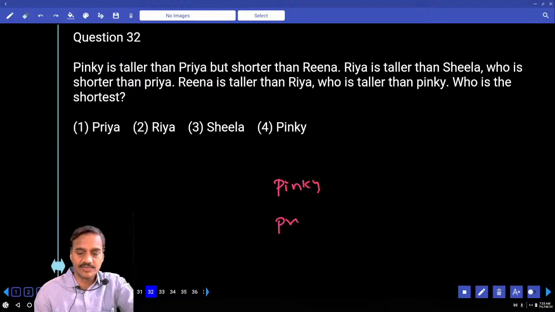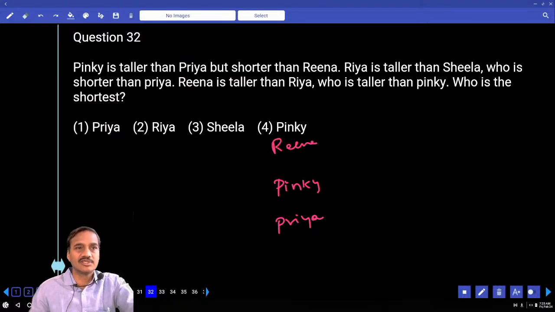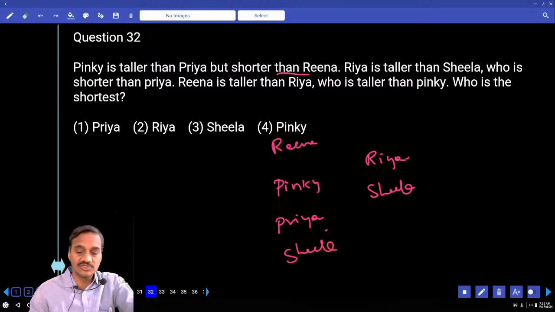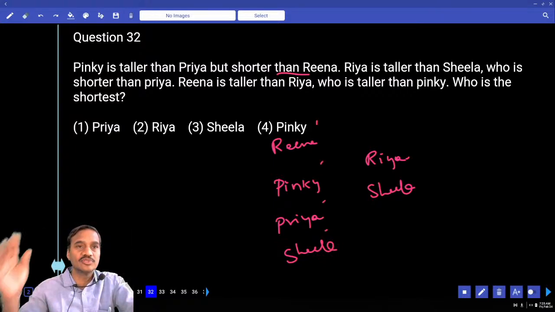Taller than Priya but shorter than Reena. In between these two, Pinky and Reena. Maybe there are some persons, may not be, because the word immediate is not given. And Ria is taller than whom? Ria is taller than Sheila. And Sheila is shorter than Priya. Now Sheila is shorter than Priya, isn't it? Now whether this Ria is in between these two, or before this Reena, that is not